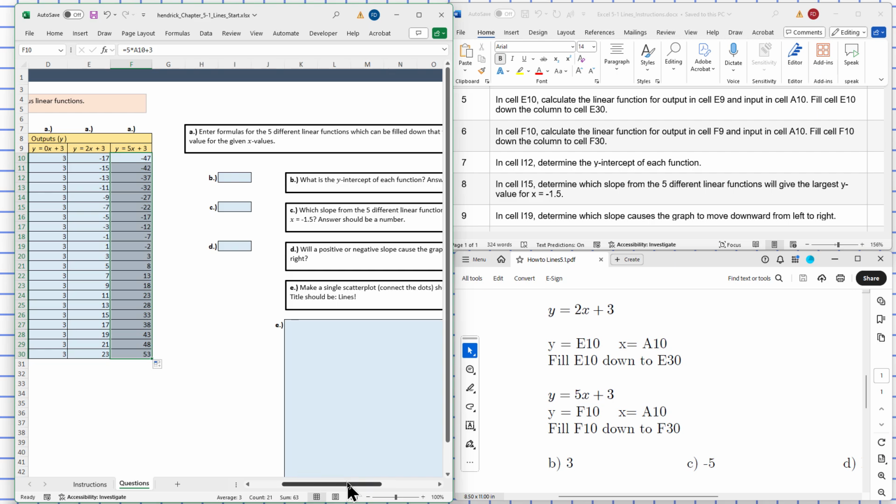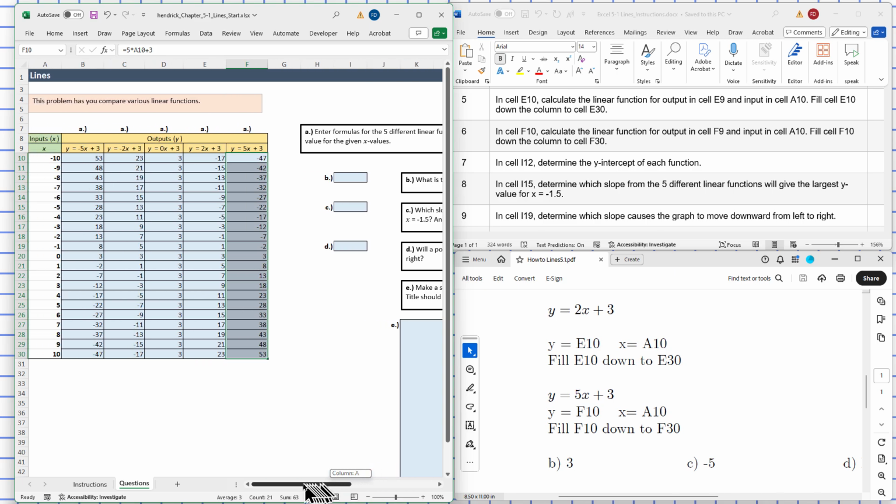I12. What is the y-intercept of each function? The y-intercept for each function here, we see that is 3, and that goes into I12, which is 3. And I15, which is located here,